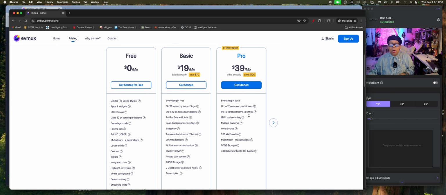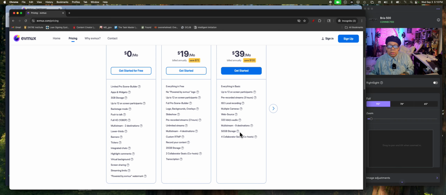If you go up to Pro, you can actually get something that I want. You can actually get multiple cameras. You can get up to 3 virtual cameras within this. Now, to keep it simple,